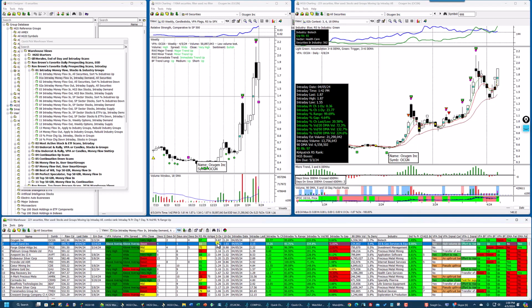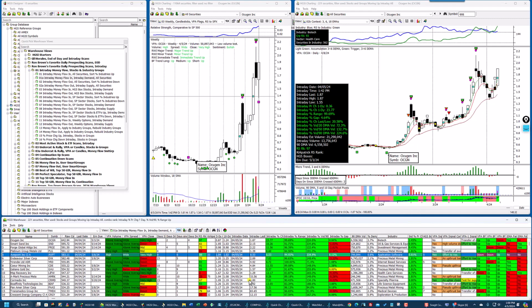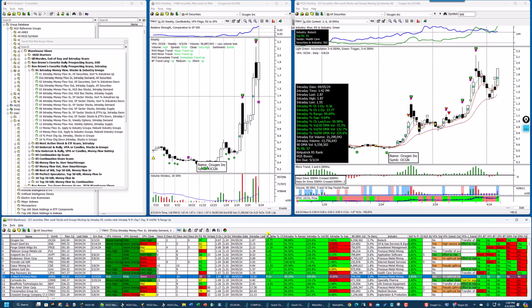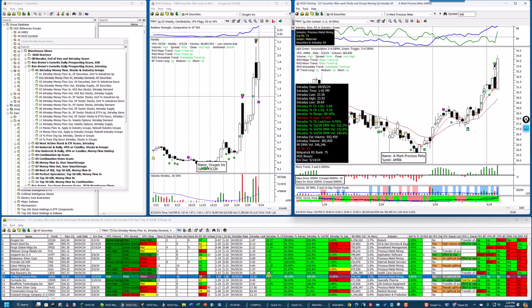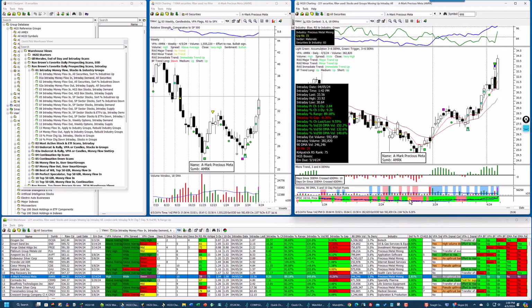Smart Sand, this is another cheap stock. Let me find something that's a little more expensive here, but these are all in the upper part of their range, as you can see, and they're up and the volume's above average. So let's look at this one. You can see that this one, A-Mark Precious Metals,